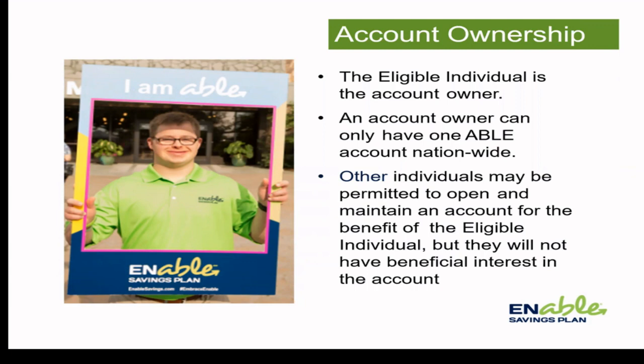So ABLE is a national program. It falls under the IRS regulations, but each state has their own individual program, and each state's a little bit different in how they administer the program. Sometimes some of the rules are slightly different. Like in Nebraska, there's a tax incentive. Not every state has that. And we have a savings account. Not every state has a savings account. So every state's just a little different in how they administer it.